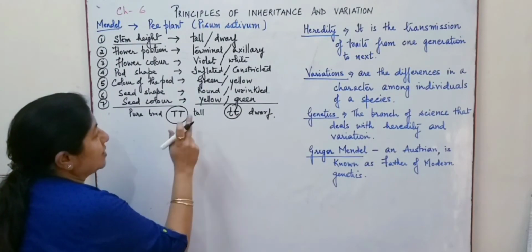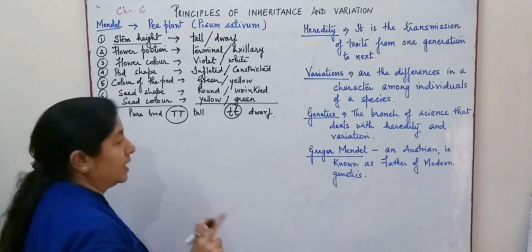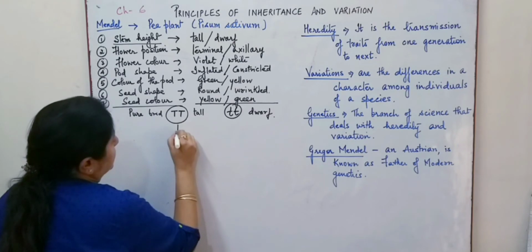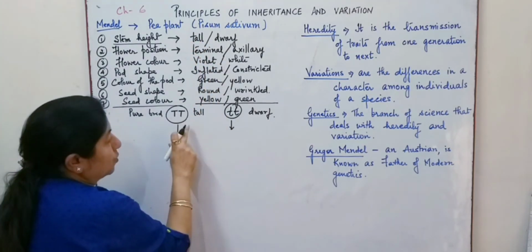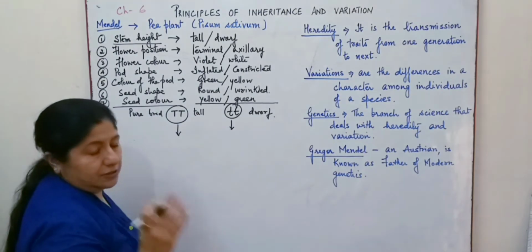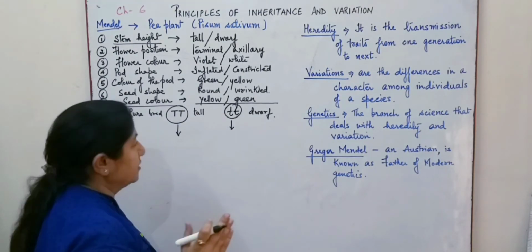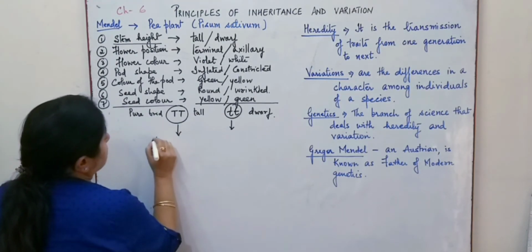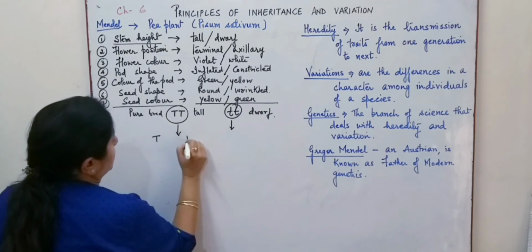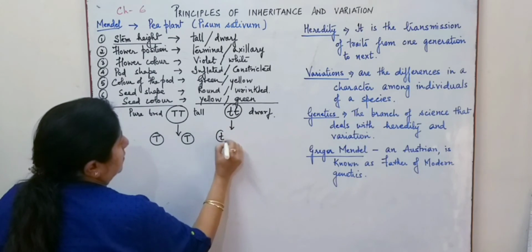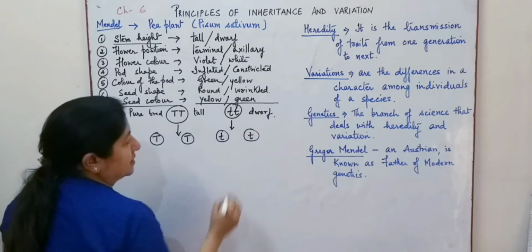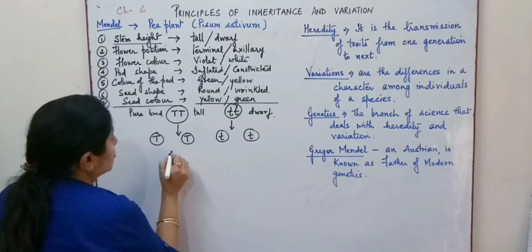Now he crossed these two plants, and as I told, the pea plant can undergo cross pollination and self pollination. Now the gametes formed by these were, these are the gametes, and on crossing